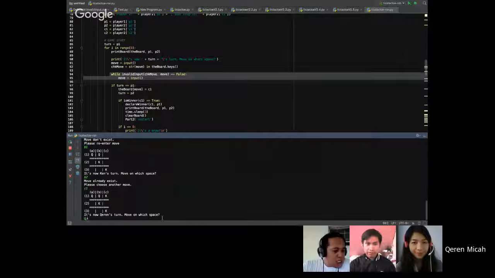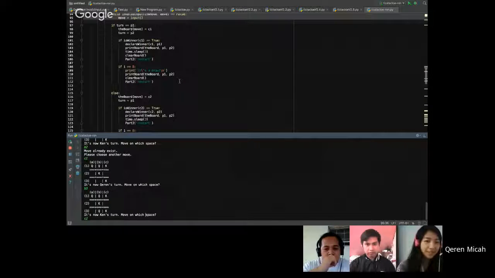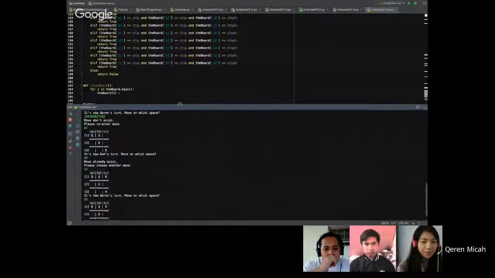What we have next, well, we have discussed the invalid input. We have discussed the print board function, which Karen coded. What we have next will be the function that will determine who wins. I think Queenie can explain what we did in the programming or the code. Go ahead, Queenie. Okay, so Karen, can you highlight the part where the function states is winner and declare winner? I'm going to show in the terminal